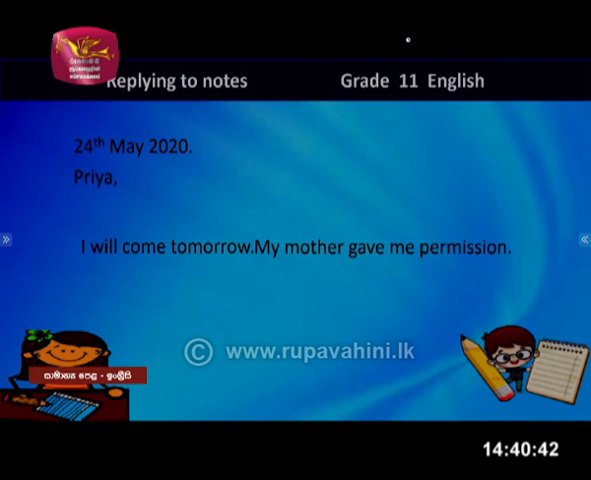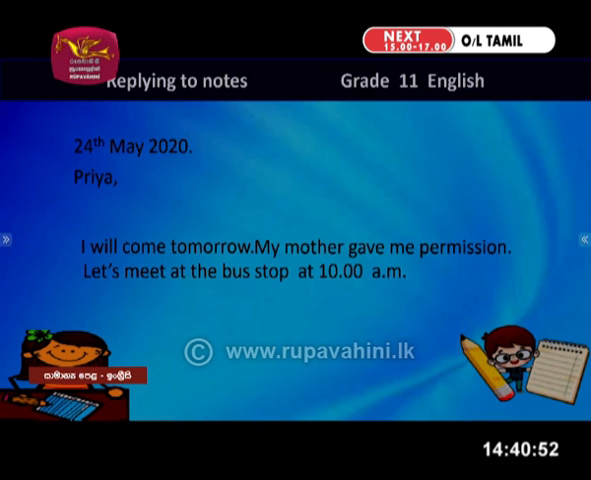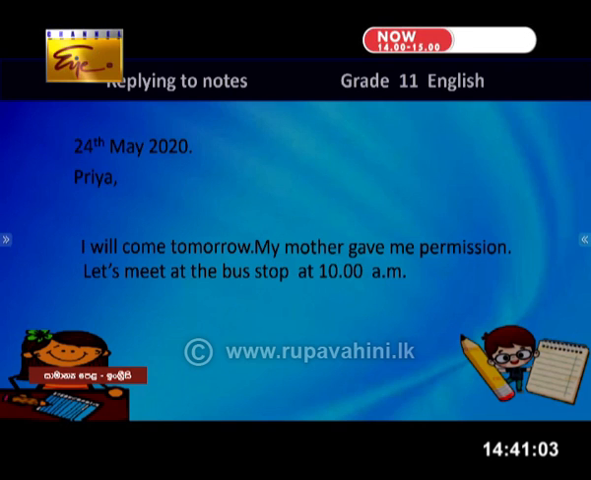Yes, in the conversation, you saw Subha got her mother's permission. And she's very happy to mention that in the note. Let's meet at the bus stop at 10 a.m. You remember that Priya asked Subha to meet her at the bus stop. And here Subha mentions that she will meet her at the same destination. All right. And then she has